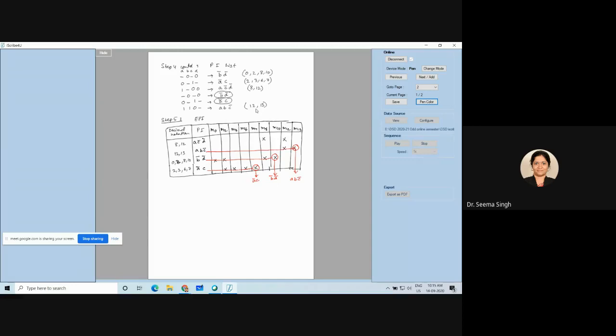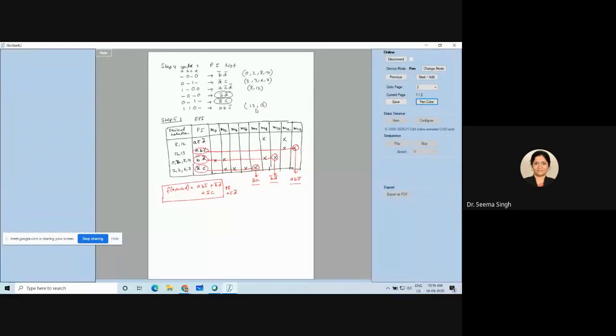So what do I get? I get 3 essential prime implicants, which are listed here, here and here also. So in this question, the final answer becomes F of A, B, C, D equals A, B, C bar plus B bar D bar plus A bar C. This is your final answer. And your examiner will also ask, give me prime implicants also. So your prime implicant from this question is A, C bar, D bar. Is this clear?